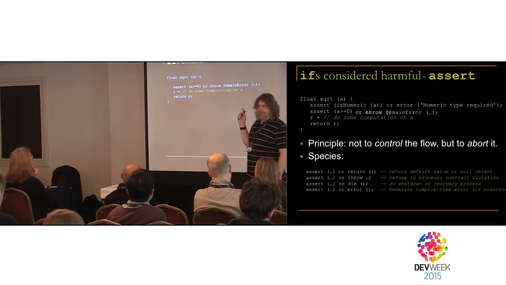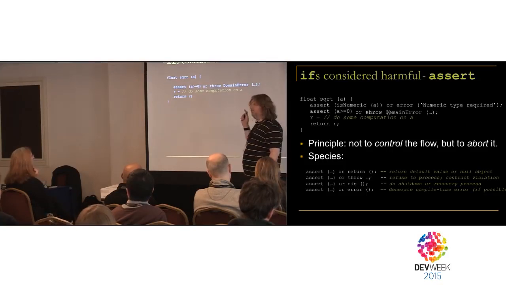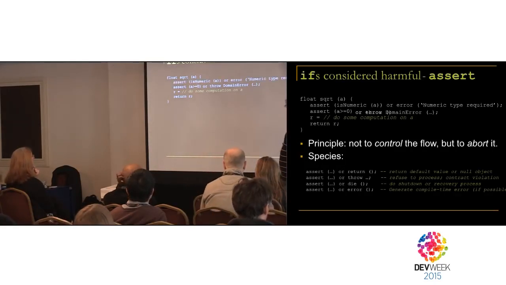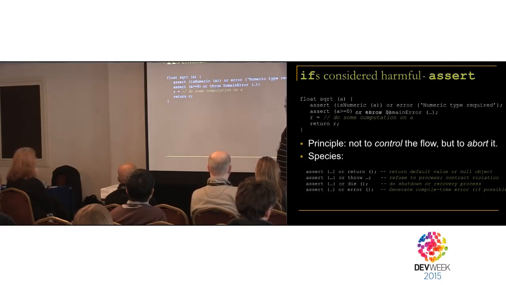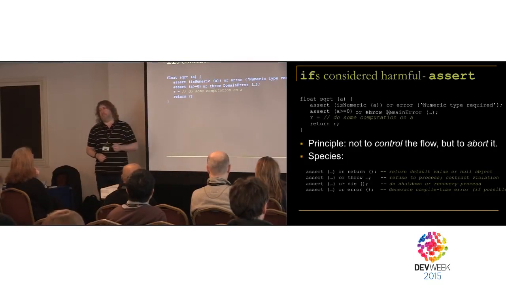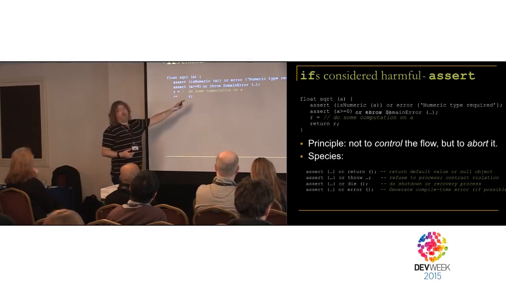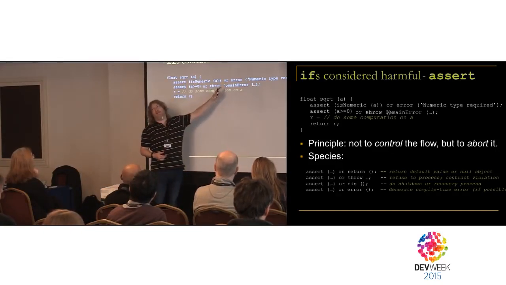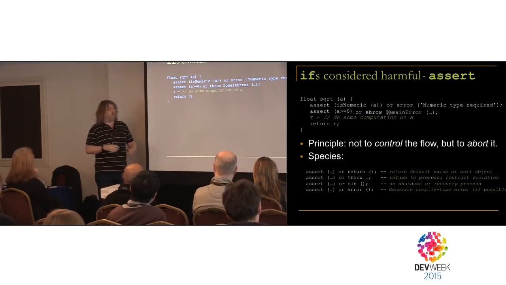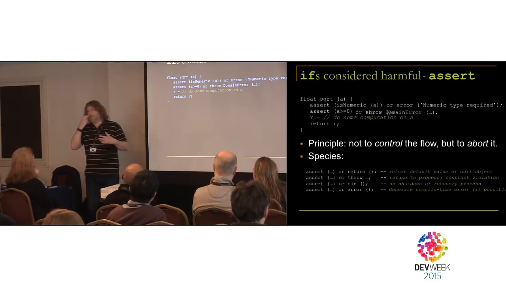Anything else wrong with this? Are you happy with this now? Actually, I'm assuming A is numeric at all. But fair enough. So what do we do about that? Now, this is a slightly different kind of assertion. We should be able to tell at compile time. We might not be able to tell at compile time what the value of this thing is, but we should be able to tell at compile time what its type is. And if the type is wrong, then we don't want to throw an exception once it starts running. What we want to do is send a message back out through the compiler to produce a compiler fault. So we're sort of extending the concept of type right into the compiler itself.